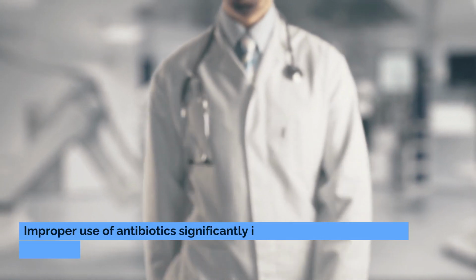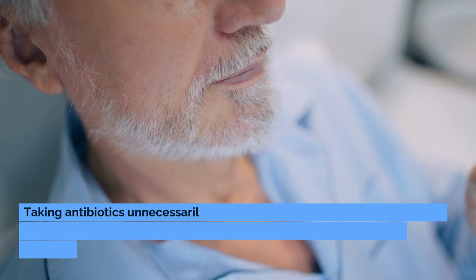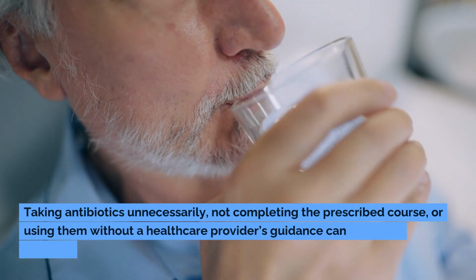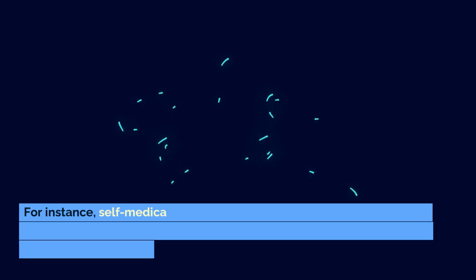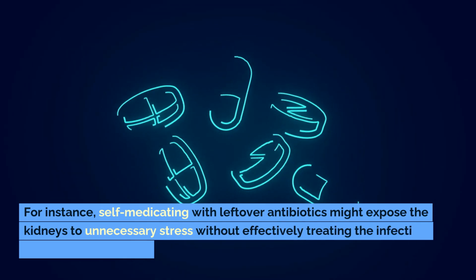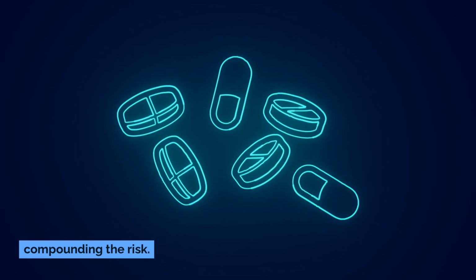Improper use of antibiotics significantly increases the risk of kidney damage. Taking antibiotics unnecessarily, not completing the prescribed course, or using them without a healthcare provider's guidance can strain the kidneys. For instance, self-medicating with leftover antibiotics might expose the kidneys to unnecessary stress without effectively treating the infection, compounding the